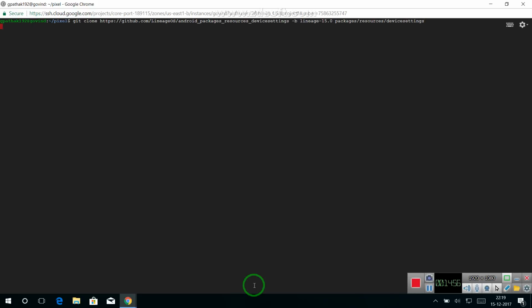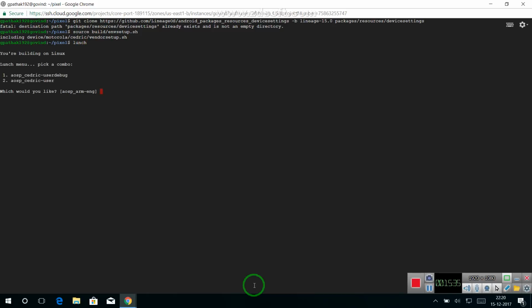Verify the path twice if you don't want any errors. Okay, this is already present. Okay, now we are good to go with the ROM development. Now everything is done. Now hit a command like this: source build/envsetup.sh and hit enter. It will include all the files that are needed for making the device tree compatible with the ROM sources. Now hit lunch